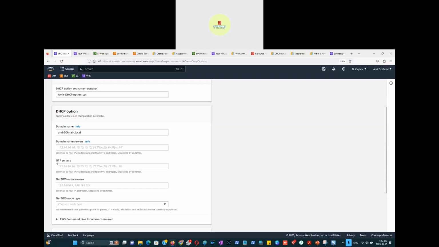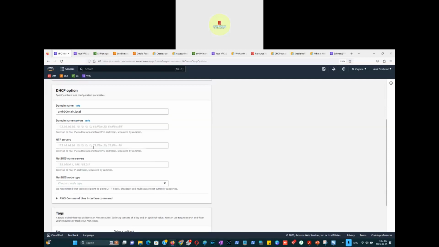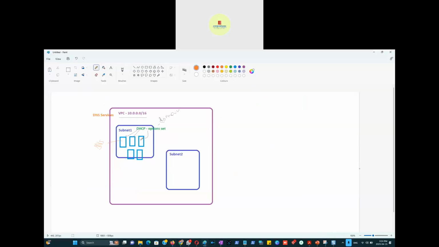NTP servers, which is network time protocol. Now VPC does that too. By default it does that. It does not have that option to click. It provides time correction services. So NTP is network time protocol, so time correction services can be provided. And so we don't need to really provide that unless you have some kind of device here, and that device,